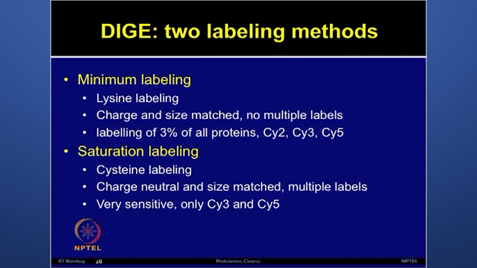The lysine labeling method, also known as the minimal labeling method, is where the charge and size of dyes are matched and there are no multiple labels. It is known as minimal labeling because it is only labeling 3% of all the proteins. I will give you the reason why that is. We are aiming for a very small amount of the proteome to be labeled, and that will be covered in the next